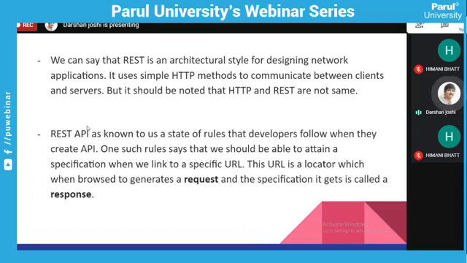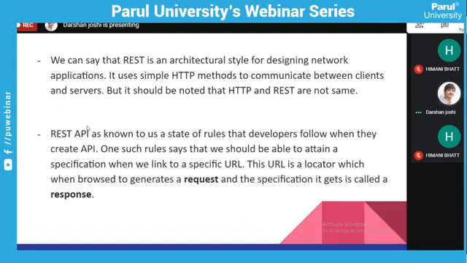One such rule says that we should be able to get a specification when we link to a specific URL. This URL is a locator which, when browsed to, generates a request and gets a response. So basically, as I've explained, front end talks to the backend.